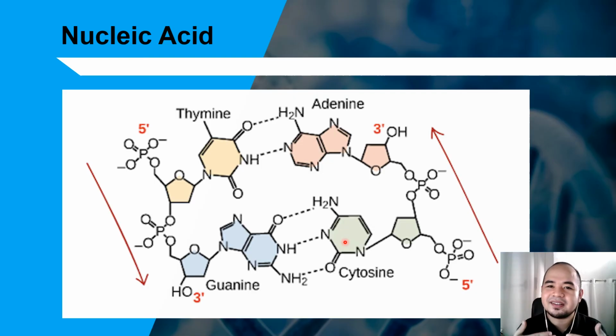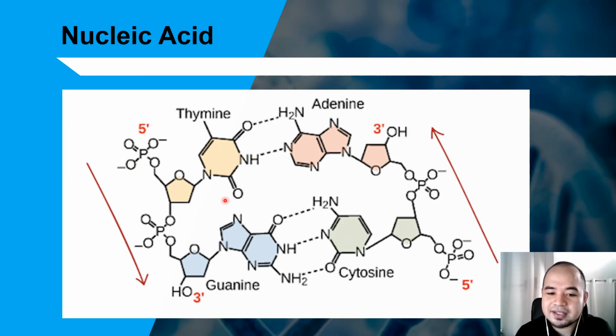What's the importance of that? Imagine a ladder, and then suddenly a part becomes smaller, and then you twist it, because the DNA is a double helix. So if there's a part that's small, the tendency is that the structural integrity of the DNA is easily destroyed. Okay? Now, another thing, the phosphate and the pentose sugar are always there. That's why it's called the phosphate sugar backbone. Okay? So, the bond between the phosphate and the sugar is called